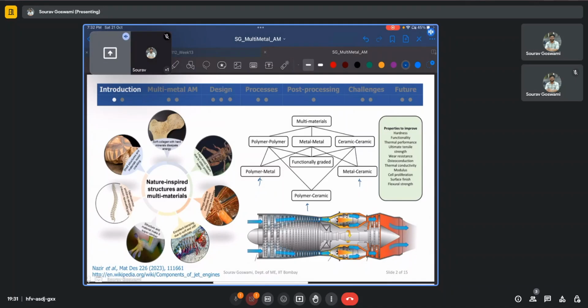So as we see, some of the regions depicted in red here are the hottest, and the parts in this region are subjected to the highest temperatures. However, some of the other regions are not so hot, such as the ones in yellow over here. Does it make sense to use some additional coating or a harder material which has better hot hardness or high temperature performance in the hottest regions, whereas in other regions we can use materials which are structurally still resilient but are more cost effective or easier to process or